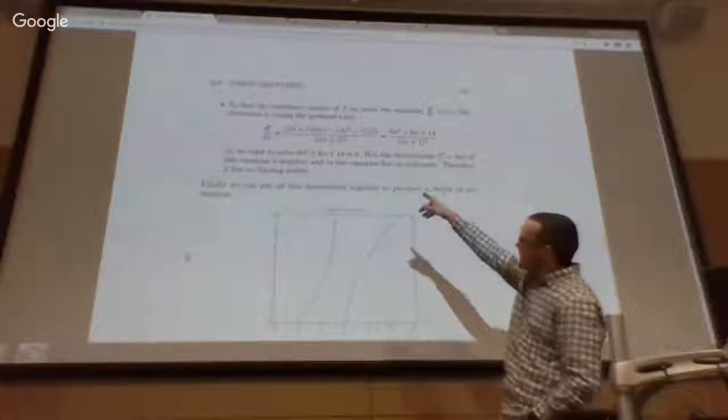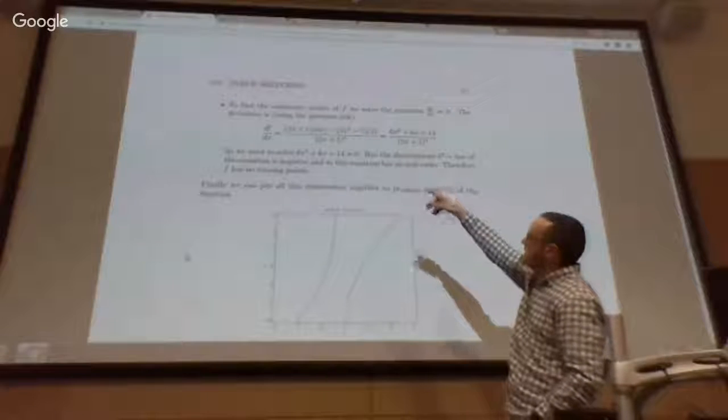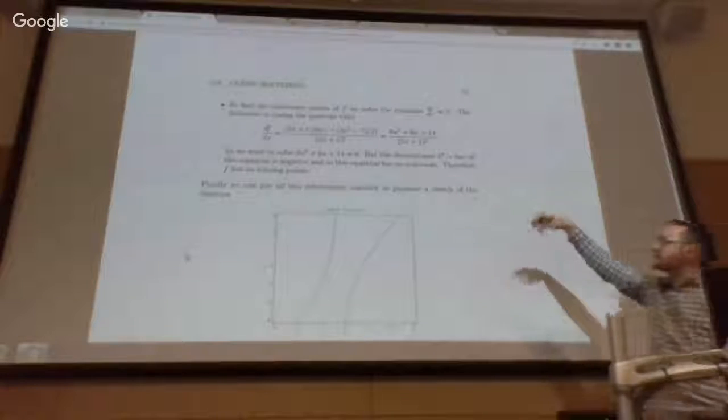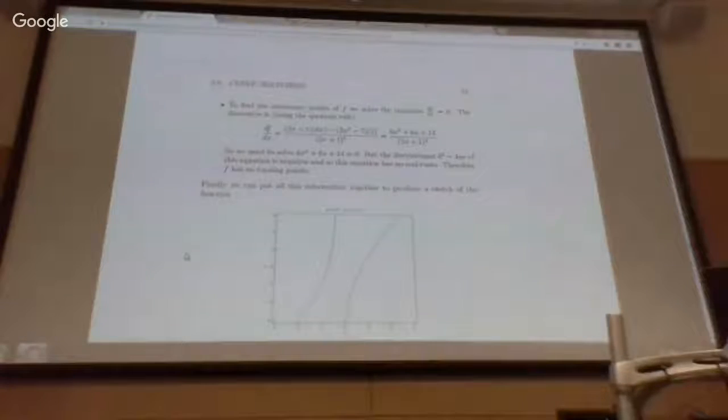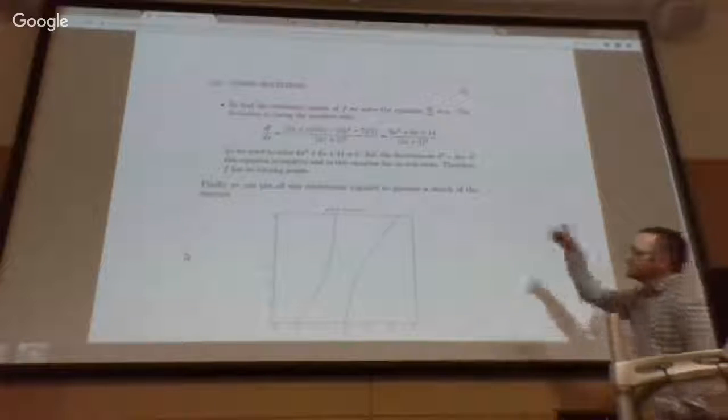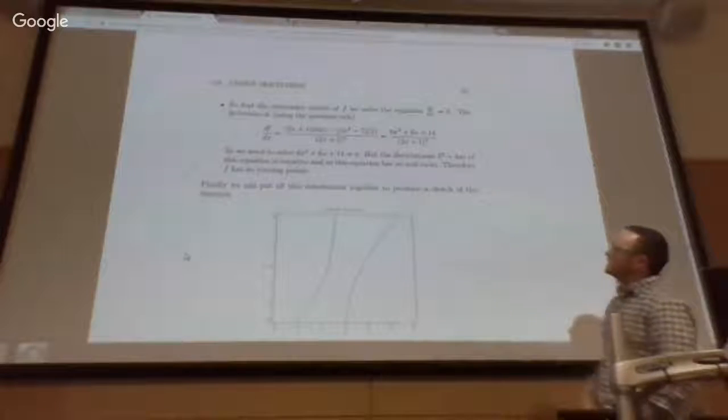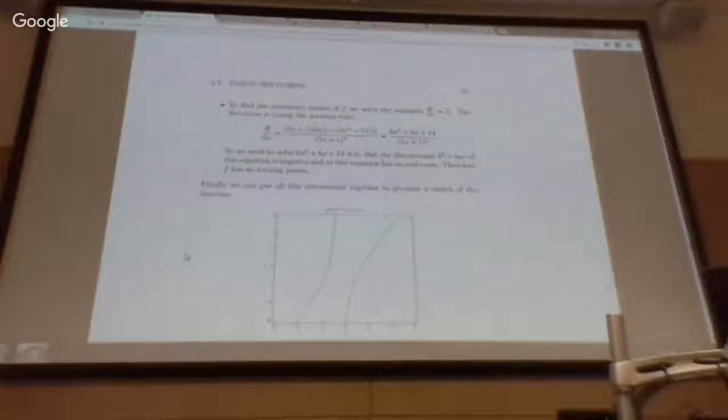So you've got the denominator squared, and then the product rule-like expression, but with a negative sign between the numerator and denominator there in the numerator of the derivative. When you tidy up the numerator, it comes out as this polynomial 6x squared plus 6x plus 14. Now the stationary points are located at the zeros of that derivative